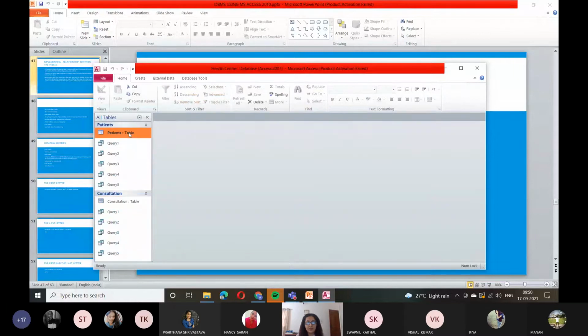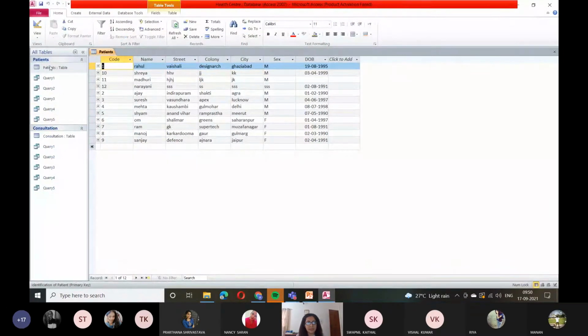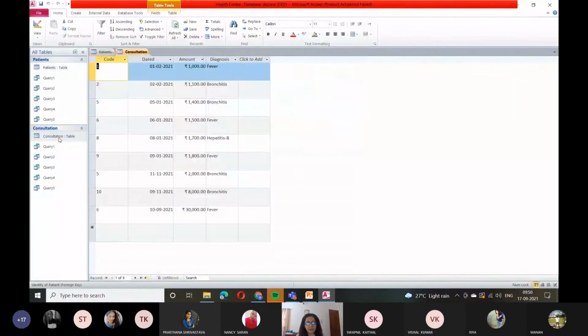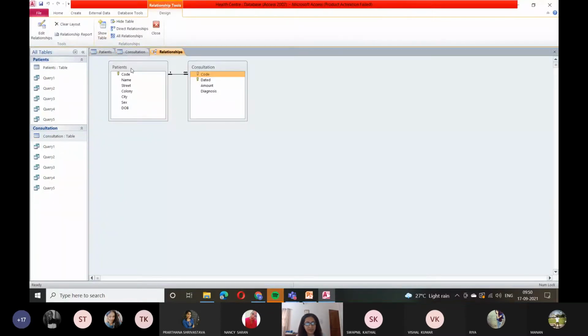So if you see here, the first table is the patient's table and the second table is the consultation table. Okay. Now, if I see the relationships, somebody said we've done the practical of it. Look here in the two tables. What do you see? What is common in the two tables? Code is here also. Code is here also.